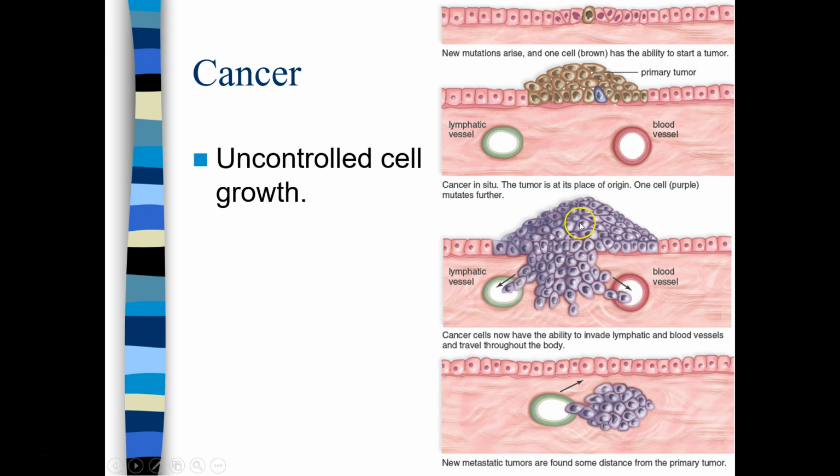And then over time, that will eventually find a lymphatic vessel or a blood vessel, and then you can have cancer cells flowing throughout the body, and eventually they will land somewhere. They will keep doing mutations, and a bunch of cells will land somewhere and just die because they don't have the right conditions, or the right mutations to live in some other environment. But eventually, the cells will find another location that they've acquired mutations to be able to live in, and they will spread to other parts of the body. This is called metastasis.